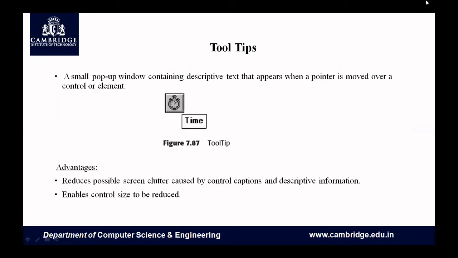Where 90% of the users know, okay, this is a watch, where once a particular user points the cursor on that, or once it is clicked, the time will be displayed. But many people don't know this. So we should have a tip there, that is called a tooltip, which tells what that particular image is of. When a pointer is moved over that element, it should display a description of that particular image.